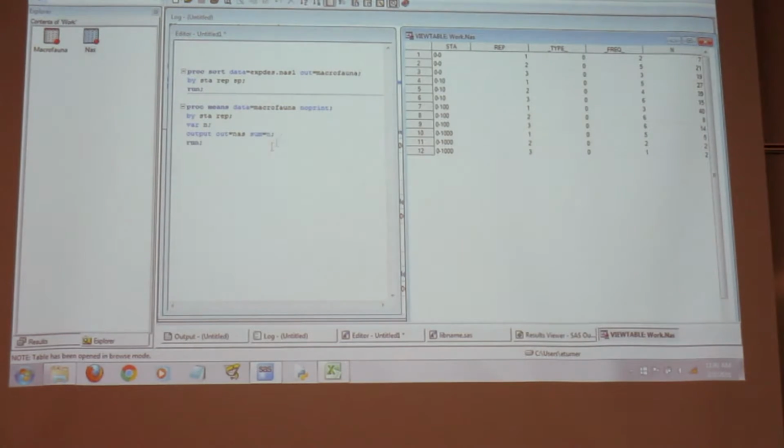Okay. So in order to mess with data sets and do any kind of data cleanup, like getting rid of rows or renaming things, that all has to be in a data step. You can't do that in a PROC MEANS, a PROC SORT, any of the procs. Those are procedures to do some sort of statistical analysis. The data step is the step that you do for your data manipulation, and it has a different whole flavor of logic. So that's what we're going to start doing right now.